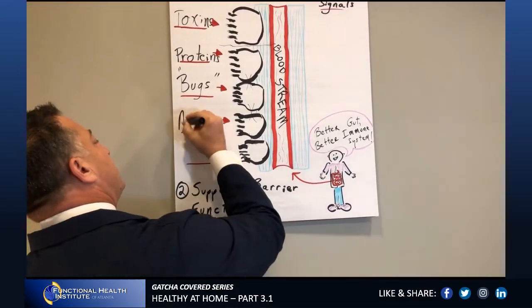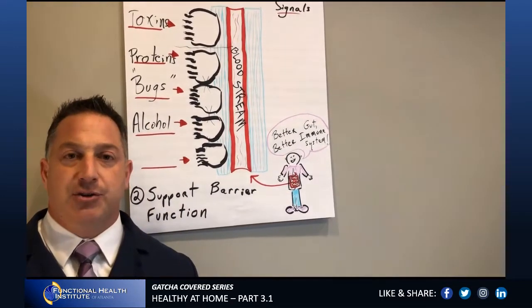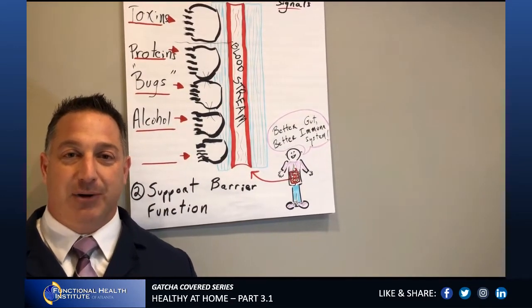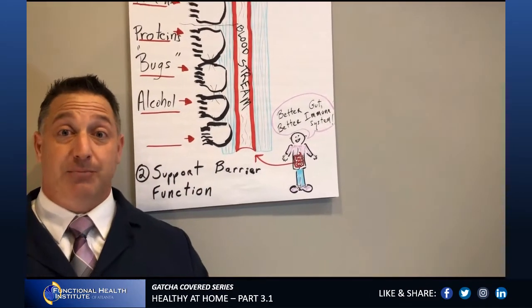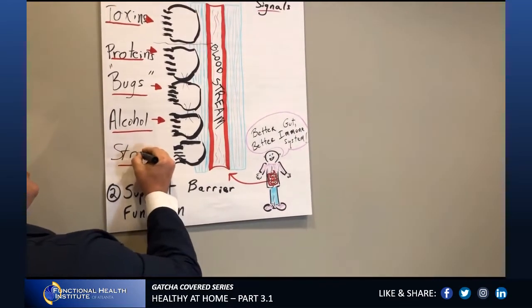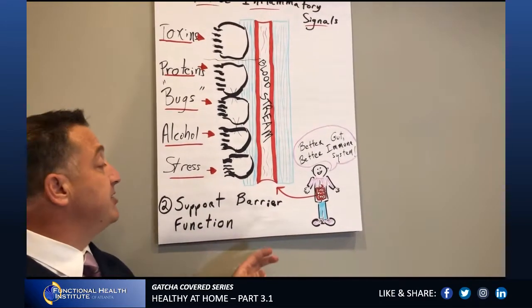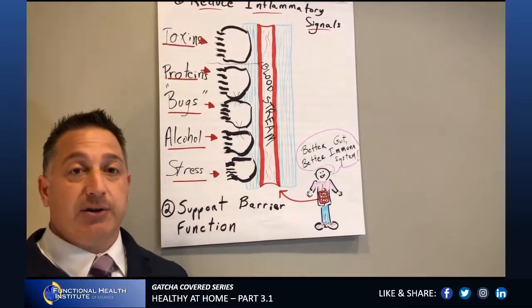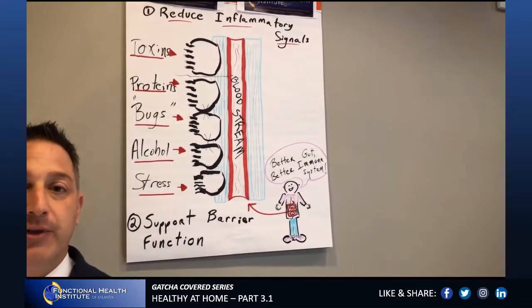Next, alcohol. Alcohol damages neurons. Your gut is largely comprised of neurons. When you take alcohol, you cause inflammation to the mucosal barrier, the intestinal barrier. And last one, it's going to be other, and a big other is stress. The hormone cortisol thins and damages the lining of the gut. So when materials get through the lining of the gut, they enter the bloodstream and they begin to, before that,